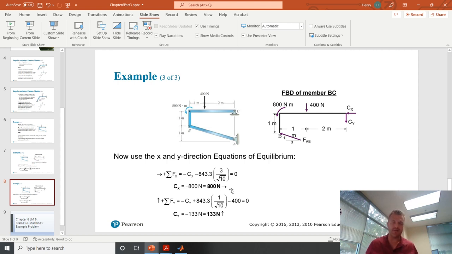So your book has a tendency to do that, to denote signs with arrows, just since signs naturally are going to be subject to whatever convention you've chosen. And in a similar fashion, if CY was assumed in the original free body diagram to basically pull the member BC down, and it turns out to be negative, we know that what's actually going on